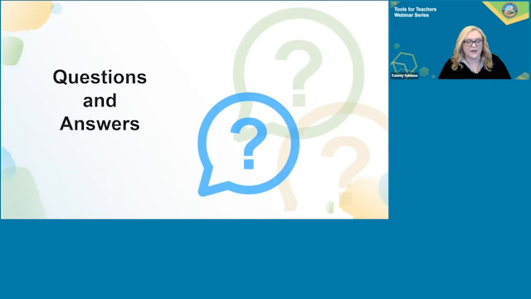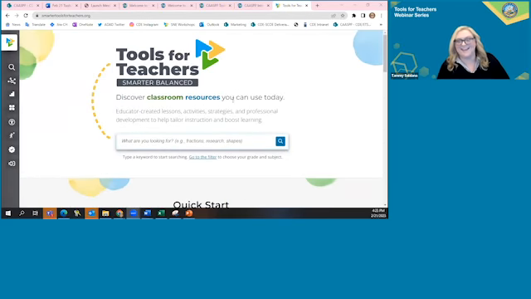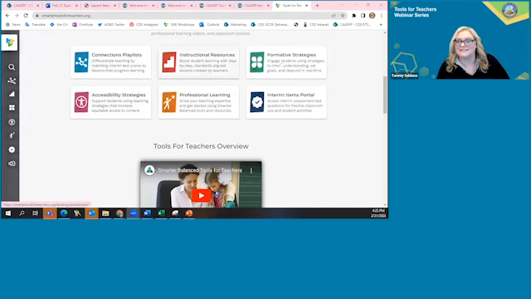So, can you help me locate the learning progressions that relate to the interim assessments? That's within Tools for Teachers. I'm going to show you really quick because I like to show people. Here's my landing page, and when I scroll down, I can see these tiles.